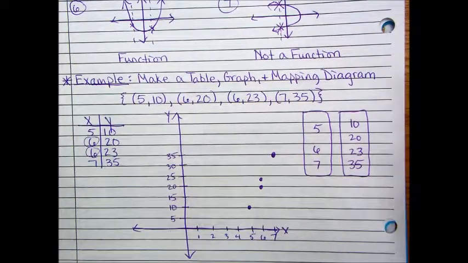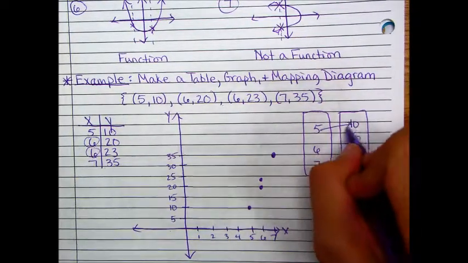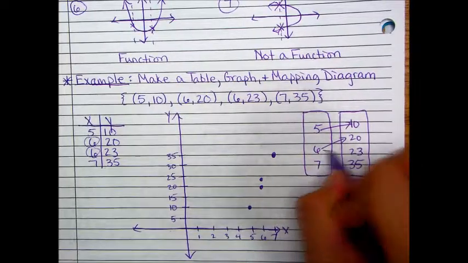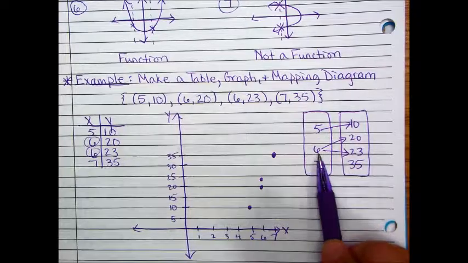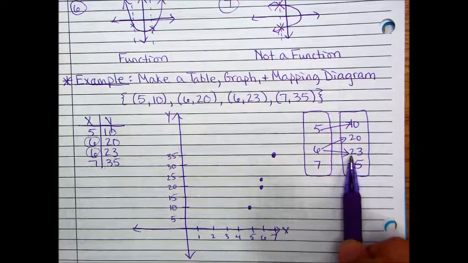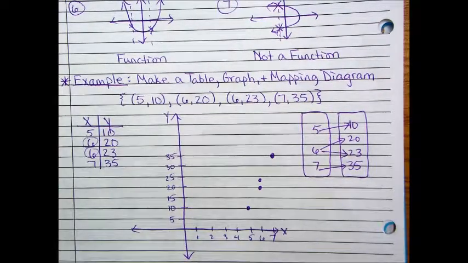And it's called a mapping diagram because you map which input goes to which output. The 5 goes with the 10, the 6 goes with the 20, and the 23. Again, that's why this is not a function, because this X value is paired with 2 Y values, and 7 goes with 35. So, hopefully we understand the difference between relations and functions. To tell if a relation is a function, if you're looking at a table, you ask the question, does the X repeat or not? And to tell from a graph, you do the vertical line